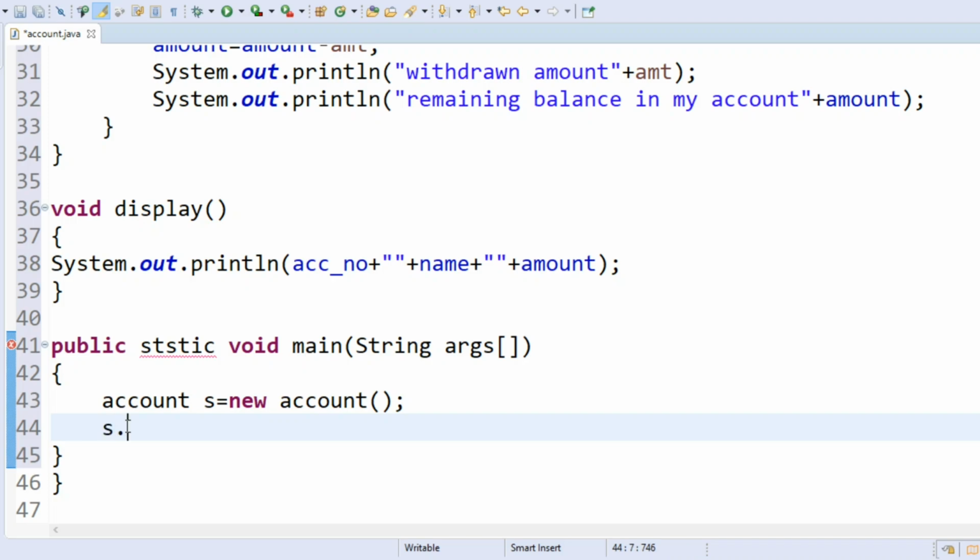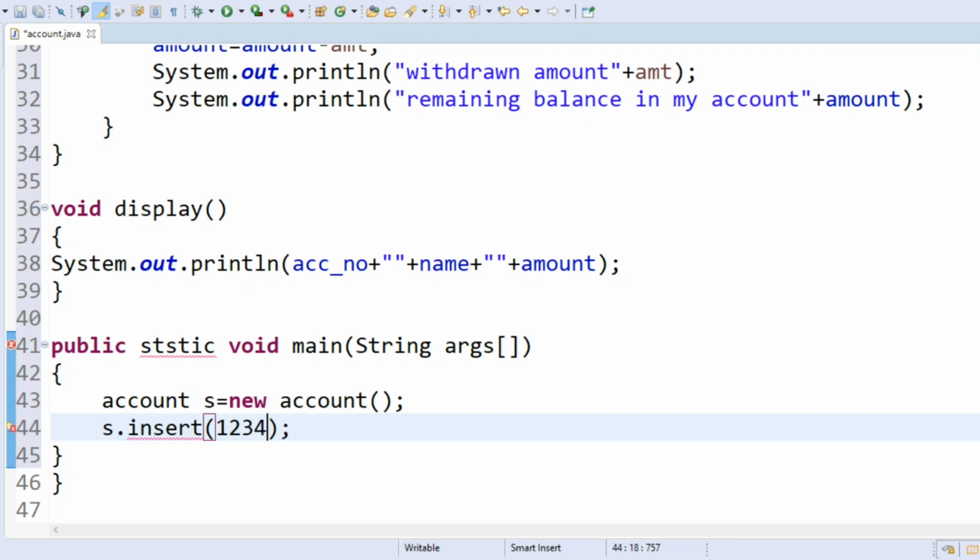By using the object, I will call s dot insert. What we are going to insert? We are going to insert the account number and name.